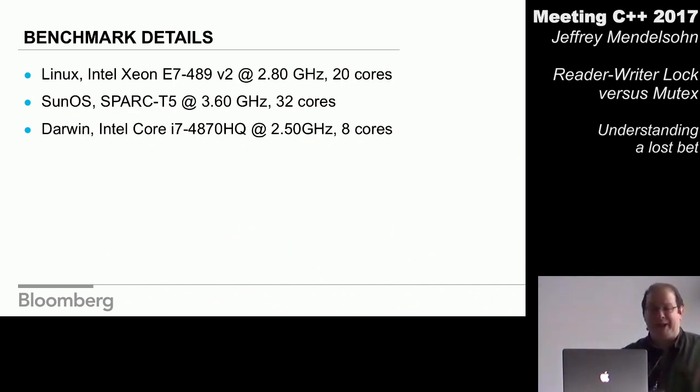See, this is the case where I'm not getting a lot of questions. This is concerning me. I ran this benchmark on a lot of platforms, a lot of compilers. The only obvious hole in what I ran this on is Windows. I didn't have access to a Windows box. I'm sorry.